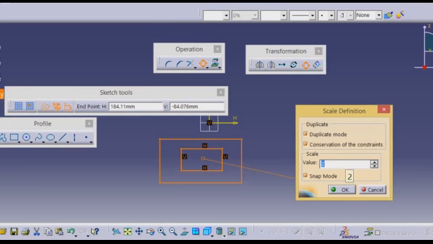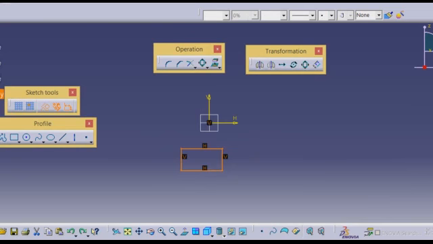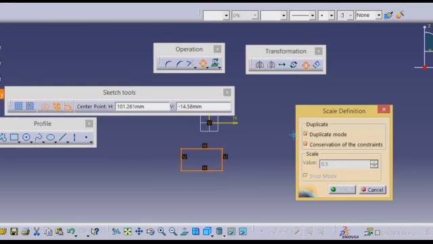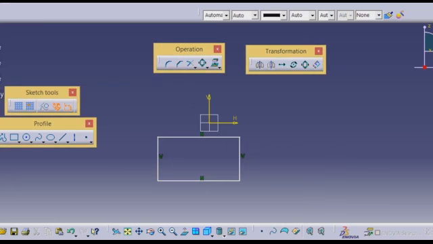If I give the scale factor as 2 with duplicate mode on, the original is retained. Now I will turn off this duplicate mode. I will select the base point, and if I give the value as 2, the original will be converted to the scaled one. The original will not be present. This is about scale.